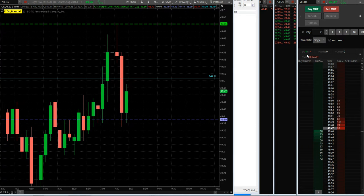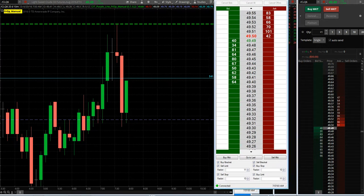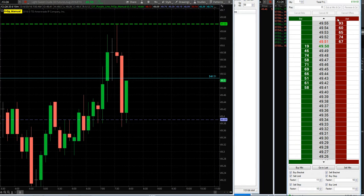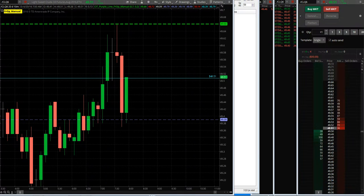So this one so far, I've taken four trades, just one contract each. I was trying to take 10, 11 ticks out of it. And the reason why I'm doing that is I am trying to trade the exact same strategy on this account right here. That's how you build your confidence in trading a real account versus a sim account. So this right now is in the sim account, and building your confidence,